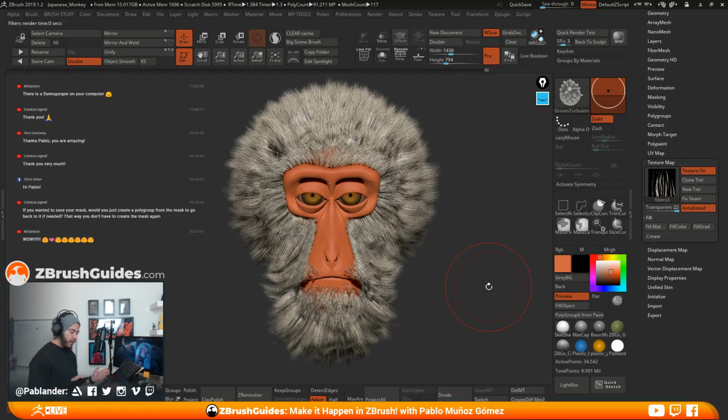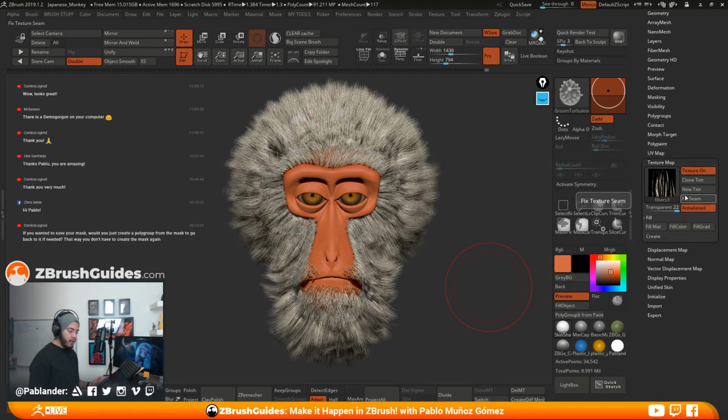have a fairly low amount of polygons. The texture even is really really rubbish. I didn't spend too much time on that. But another great thing about this process is that you can take exactly the same texture that you created for grooming the fibers and get this result, right? Exactly the same map, and then you can run it through, I don't know,